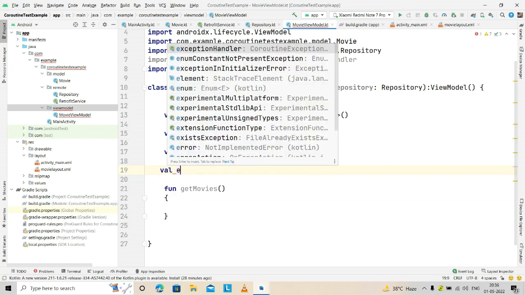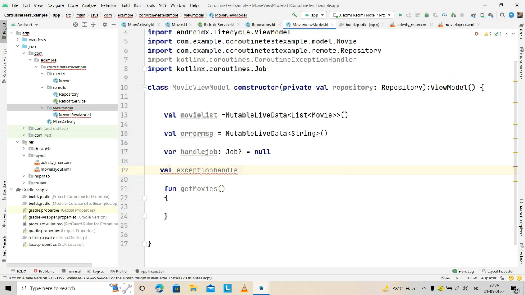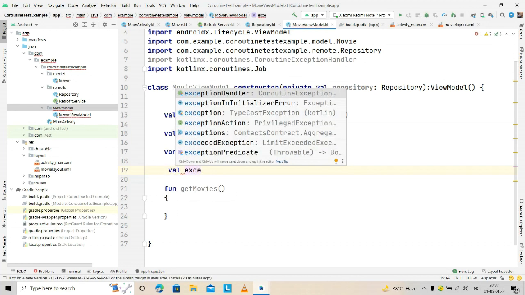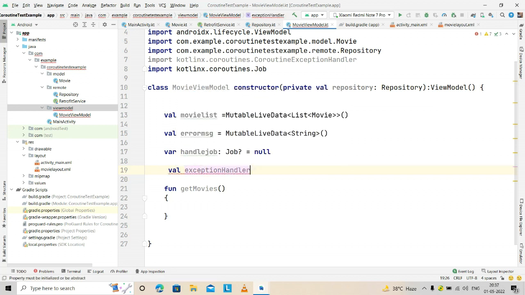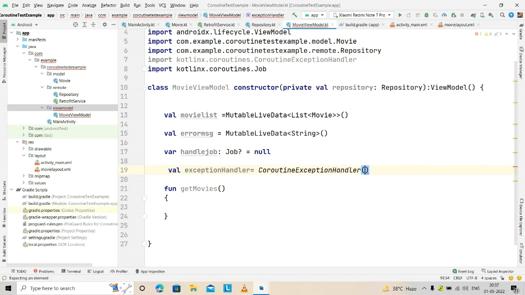So you can use it as an exception, and you can use that exception handler, and that exception handler you can find here. Okay, so you can say coroutine exception handler on the top, so we want that. So this is the basic thing, and in this scenario we need the exception handler to be not like this,